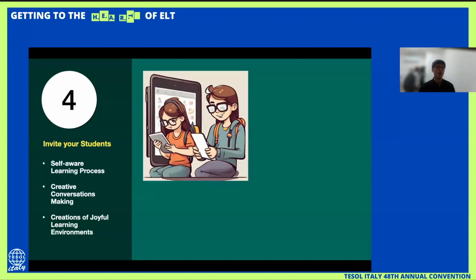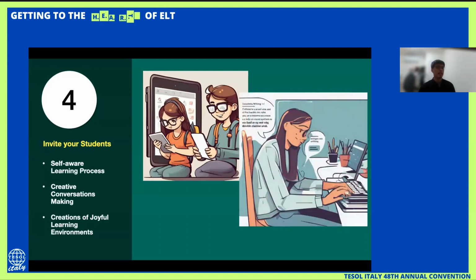And they can become self-aware of some of the learning difficulties they have, and improve by asking questions to get the answers they need from the chatbot, so that they can learn from the chatbot to understand and enhance their English abilities. And probably, while they are having a conversation with the chatbot, they can have more creative conversations.